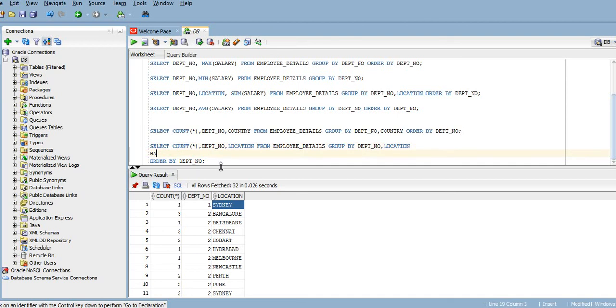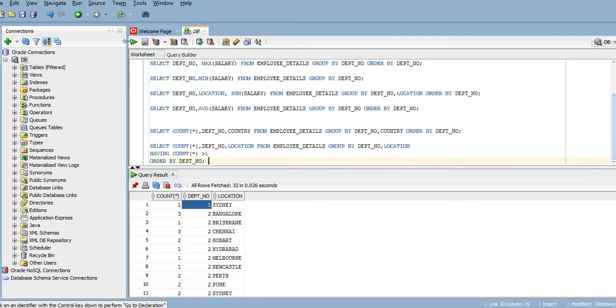We need to write HAVING COUNT greater than 1, which means while checking, it will check the data in such a way that where the count is greater than 1, or more than one employee is working in one particular location and for that particular department, it will reflect over here. So more than one employee in a particular location will be retrieved based on this query.